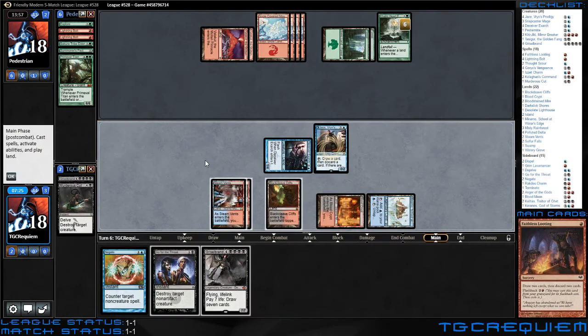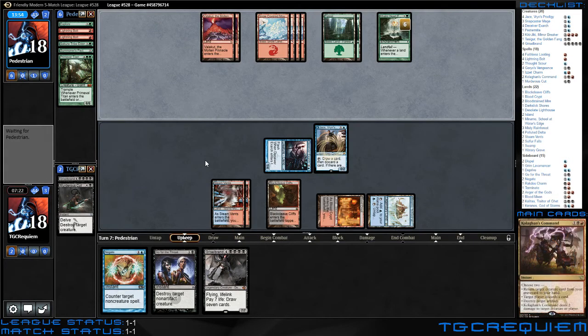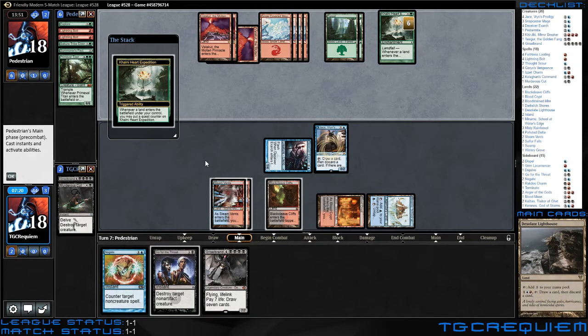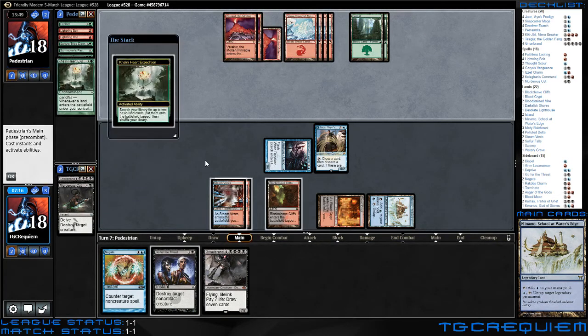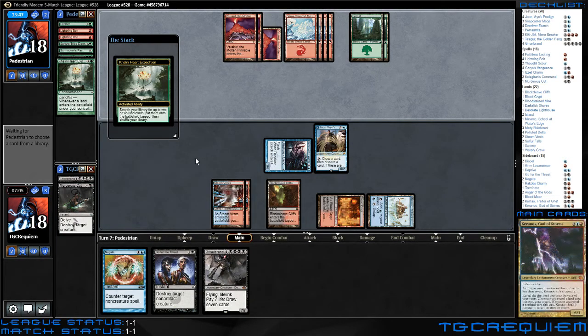Really need a Goryo's Vengeance at the moment. Okay, so now we're just lost. So by having 3 Valakuts now, he's going to do 9 damage twice, which is 18. So we'll let you play it out, but